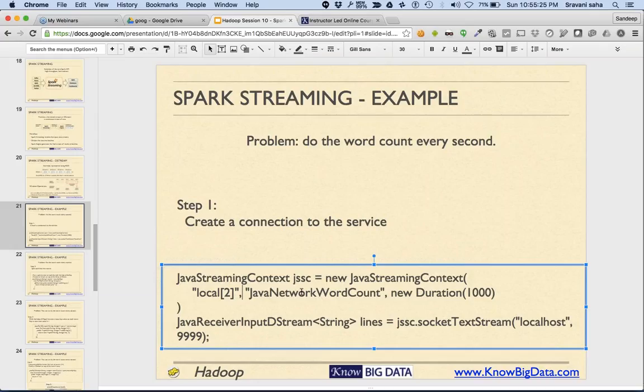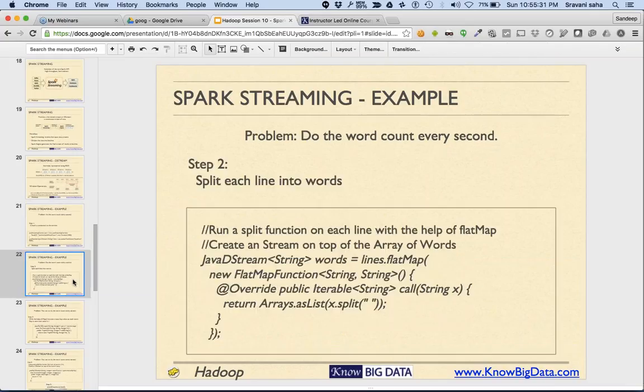For that, we first created the D stream, and once we created the D stream, on top of that we started executing our flat map. This flat map essentially splits the data by space. That's it.